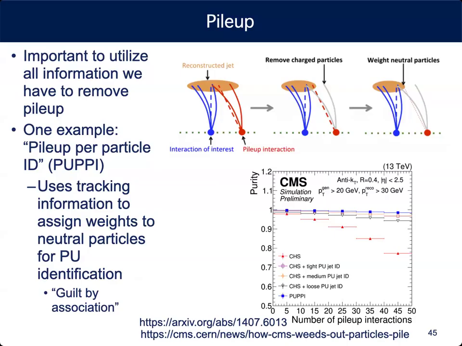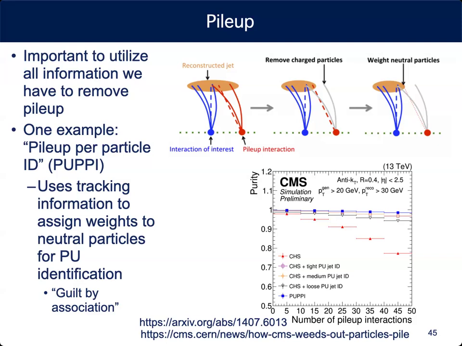We've also gotten a little better in the last 15 or 20 years. You really want to use as much information as is humanly possible to remove pileup. Suppose you have some interaction of interest and you make some reconstructed jet. Some contamination will happen, where something from your pileup interactions gets into the jet too. What we can easily do is remove the charged particles from the secondary interactions. We track the particles back to here, and say, aha, it's different from over here, a couple of centimeters away. So we turn these off and erase them. We're still left with the neutral particles. You can't do anything about them except